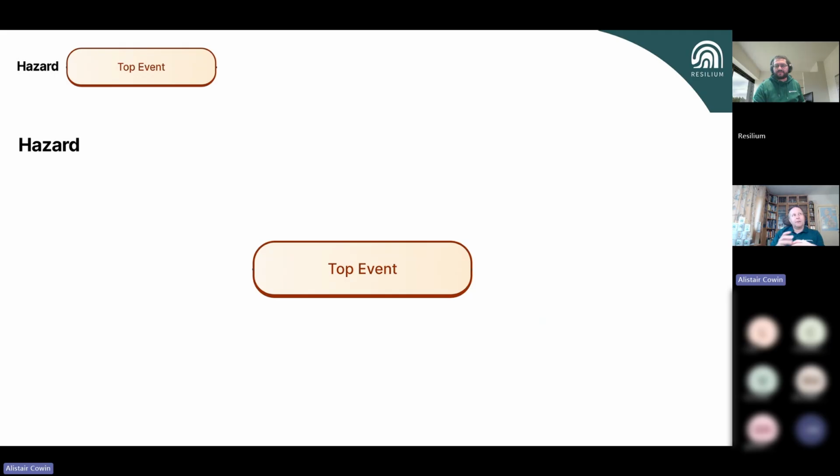I think it's really important to understand the context. So we start with a subtly different change in the definition of a hazard when we start Bowtie modeling, because we talk about it being the things that we do that is normal to our business that has the potential for harm. So we're actually talking about doing something, and then the top event is the description of how we lose control. So I come from an aviation background, and I have my little aeroplane here.